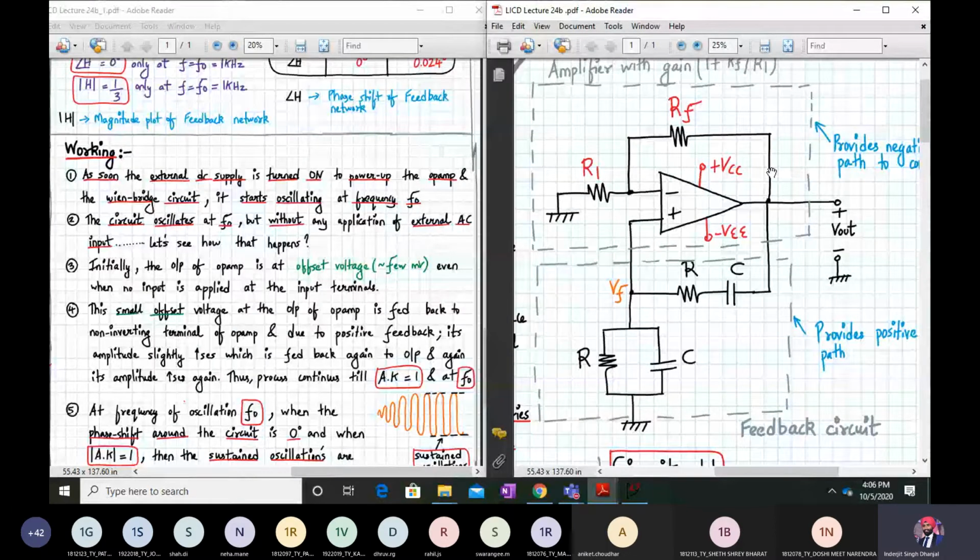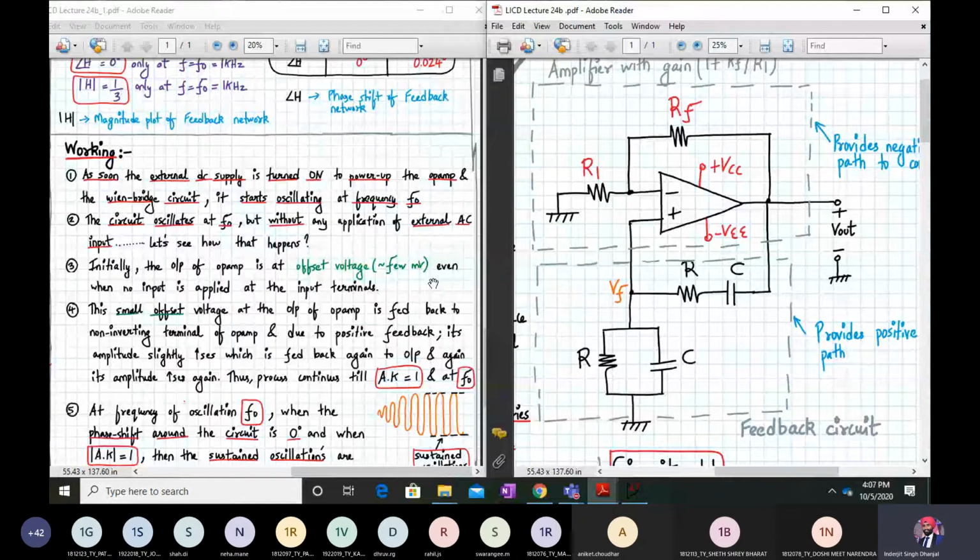We will be studying soon that there is something called output offset voltage. That means even if we don't apply anything at the input of the op-amp, still there will be a small millivolt signal at the output. That voltage is called the offset voltage or the error voltage. This error voltage is present in every op-amp. We have to offset null it, that is, remove it. We can do that easily.